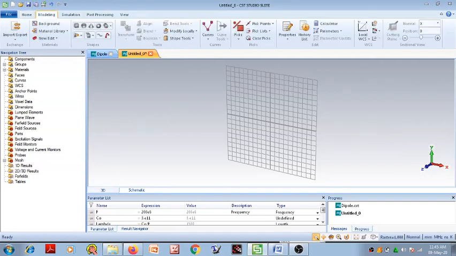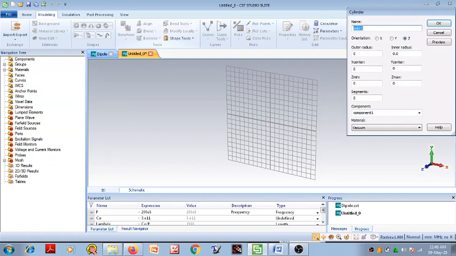Then click on modeling. To design a dipole, we have to select this circular cylinder. Click on this down arrow. We got two options, circular or elliptical cylinder. We have to select circular cylinder. Press escape button. Label dipole. The outer radius of dipole is r and inner radius is kept as 0 because it's not a hollow structure, it's a solid structure.